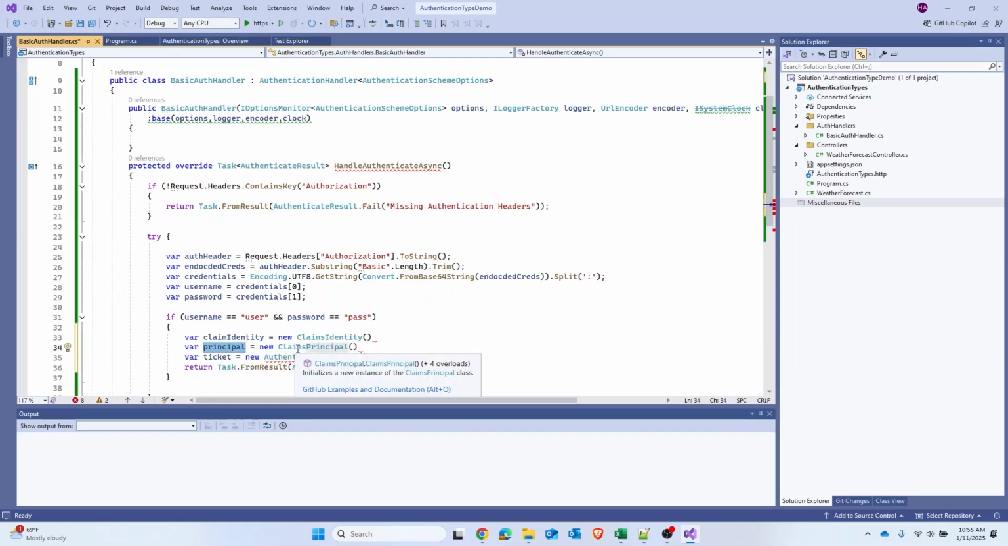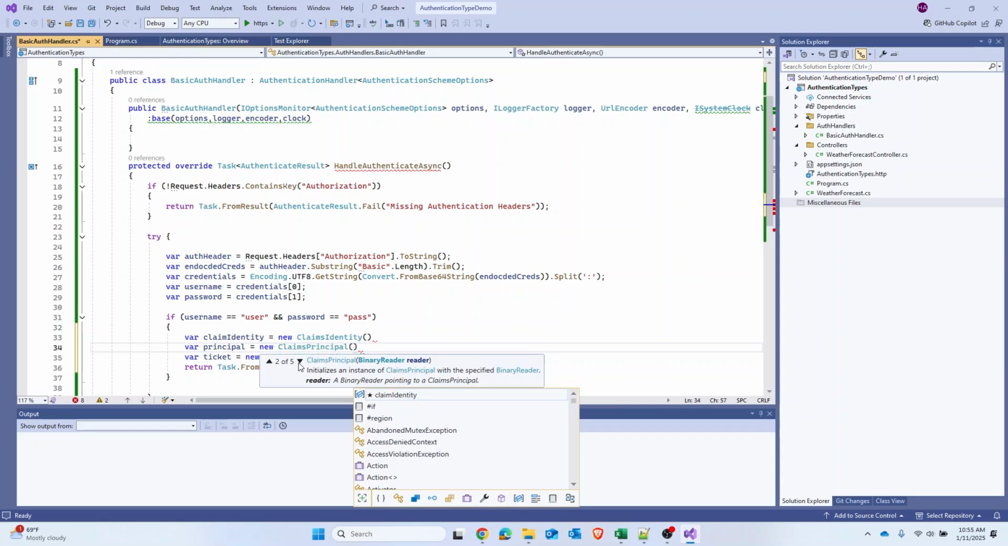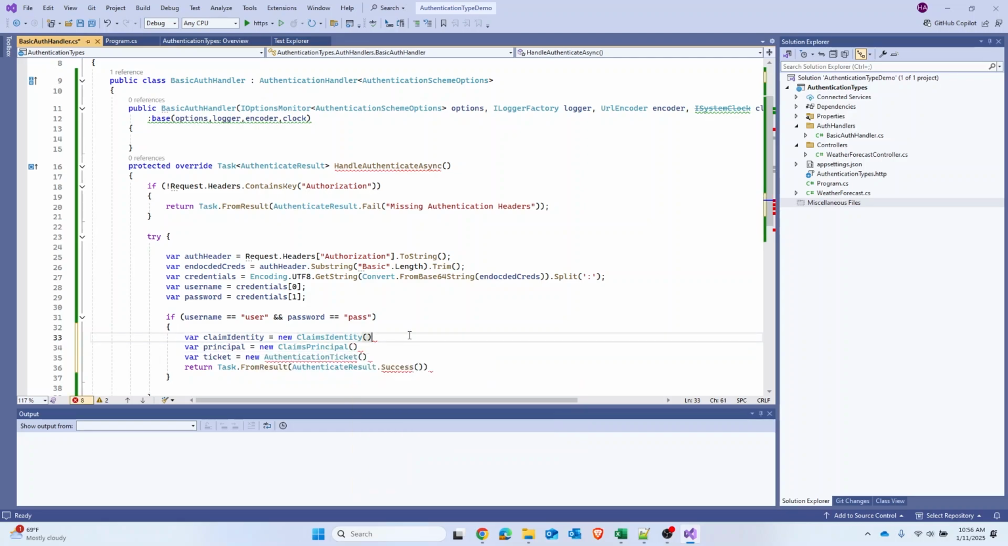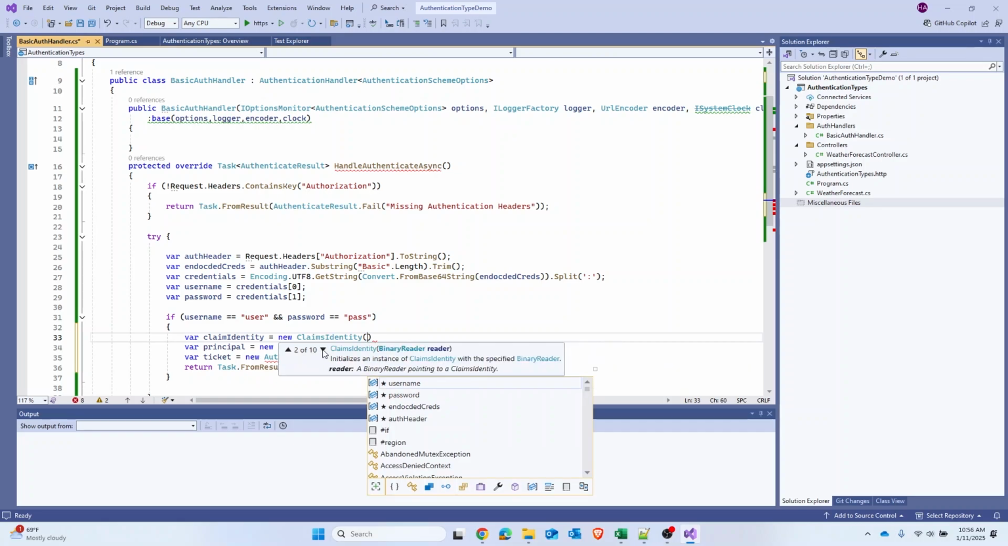Claims principal. Now, what was it about the claims principal? We needed claims identity for it, right? What was the other thing? Okay, yeah. So we need the claim identity. Now the claim identity. What about this? How do we create this? What does it take? Okay, we have this authentication type. Identity is something we don't have. Claims is something we can make. Okay, so claims is nothing but